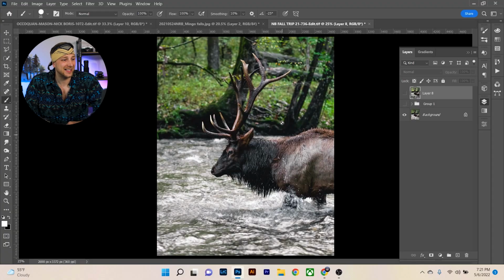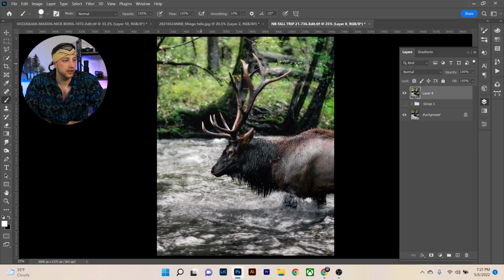So you can see this is the before photo for the elk, and this is kind of what we're going for here. You can see how soft everything kind of is around the antlers where the highlights are very strong, in the water here where the highlights are very strong, and in the back of the trees of the photo where, again, the sun's shining through and all those bright, fresh leaves are reflecting the highlights. Again, you can see in the shadows on him on the underside of the elk and in the darker parts of the water at the bottom of the photo, it's been reduced